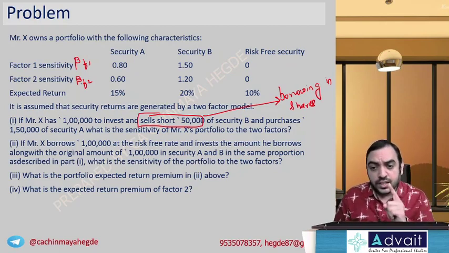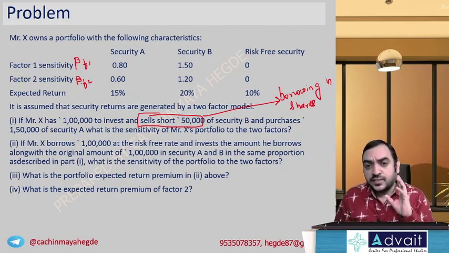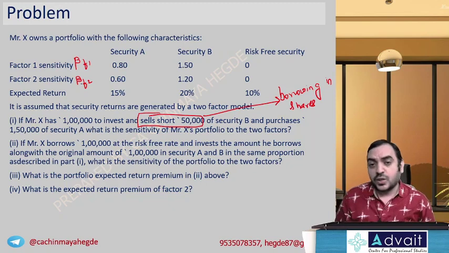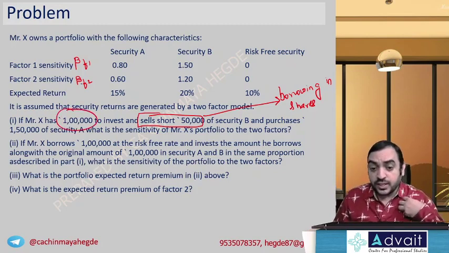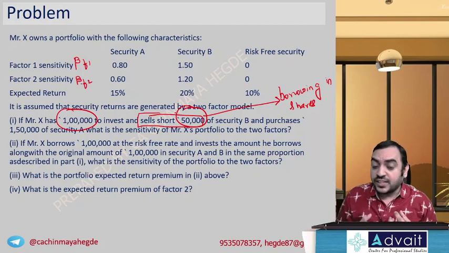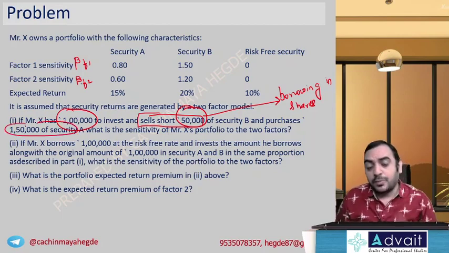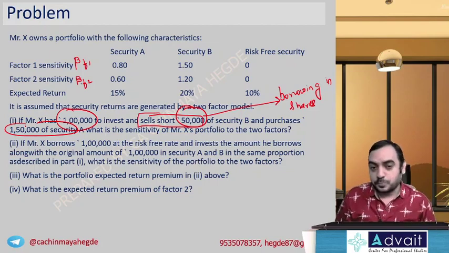How can you borrow in shares? Impact wise, why will you do it? What is the process of doing it? We discuss all these things when we go to the derivative chapter. So as of now, just remember, shorting means borrowing in shares. So he has 1 lakh of his own money. By borrowing, he got 50,000 and together he has 1,50,000 which he invested in buying security A.